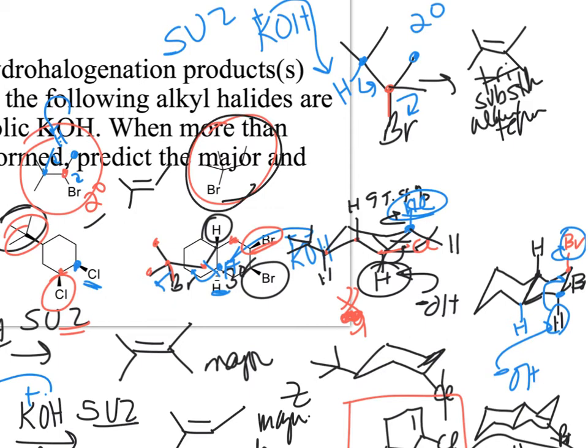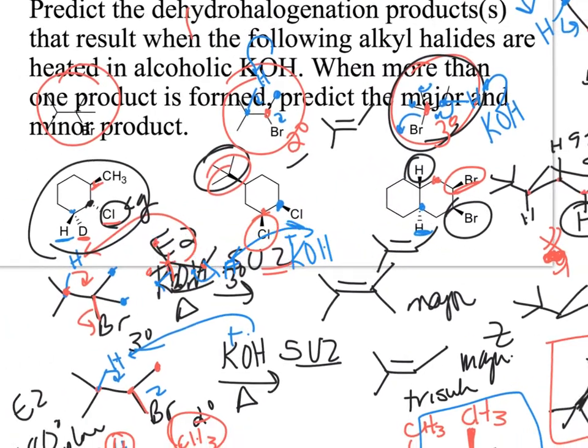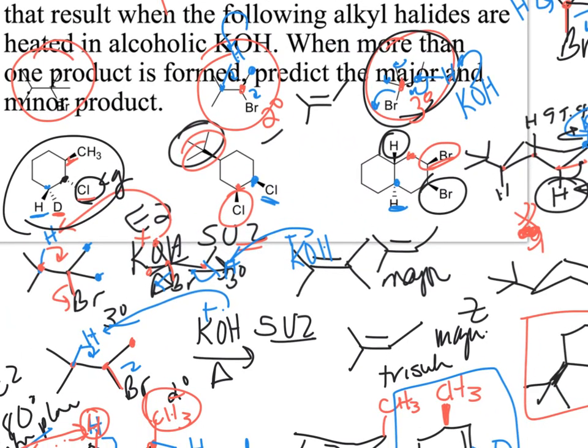Here, you have a tertiary alkyl halide. So that means you have 3 neighbors. So you look at this carbon, and this carbon. This carbon is your more substituted carbon, so potassium hydroxide will deprotonate that, the bromine will leave, and your product would be a tri-substituted alkene. Okay, now